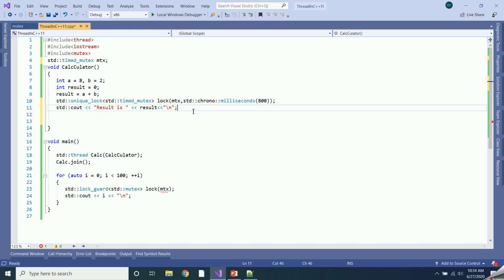Okay, one thing is that unique lock is not copy assignable or copy constructible.